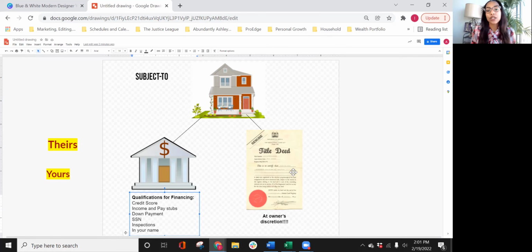Now let's get over to this nice juicy deed here. This deed has, again, nothing to do with the bank. That is a totally separate transaction. This deed, I can sign the deed over to you today in my car if I want to. I literally can do that, literally right now with the notary. Okay, so this deed can be transferred as many times as it wants. I can sell it. When I sell it to you and it goes into your name, you can sell it. And then when it goes in that person's name, they can sell it. This deed is just saying who has ownership of the property, who has ownership of the house. The bank is just saying who is responsible for paying us back for giving you the money to buy the house. I hope I explained that well.